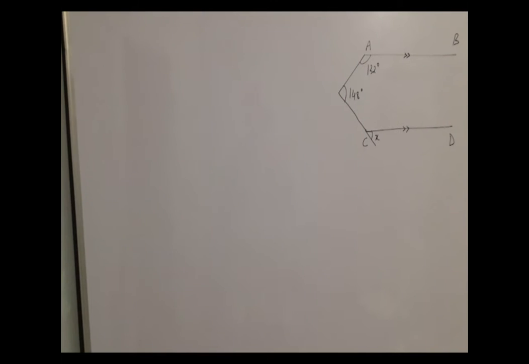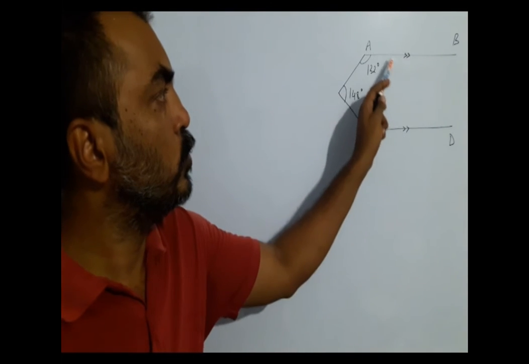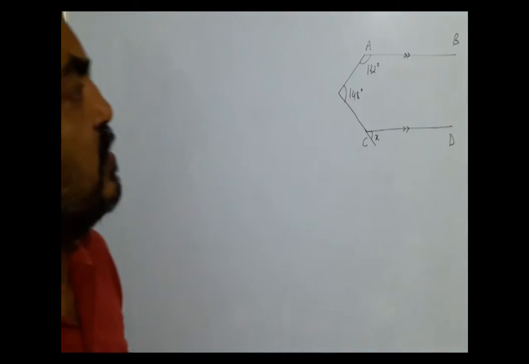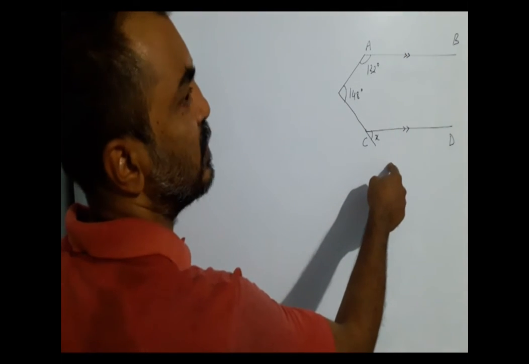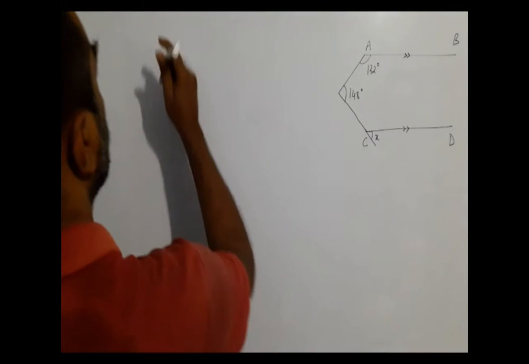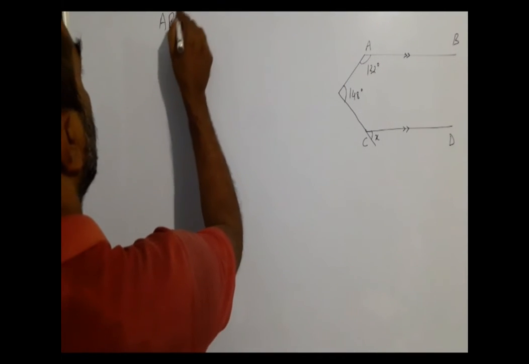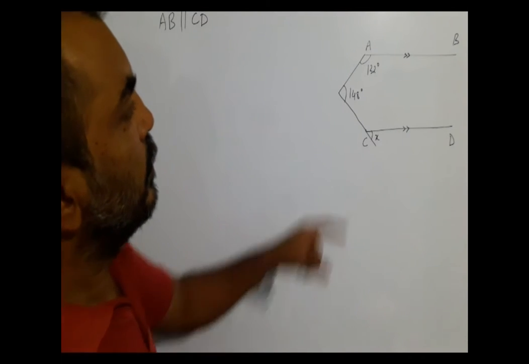Okay, now in this sum it is given to us AB is parallel to CD. How is it shown? So remember, in certain sums a single arrow or a double arrow is put to show the lines are parallel. This is one notation many books use. So when both lines have single arrows, they are parallel, or both have double arrows, the lines are parallel. So we have AB is parallel to CD, right?